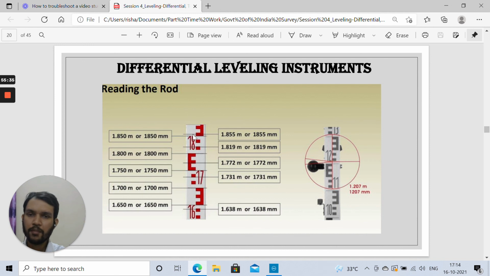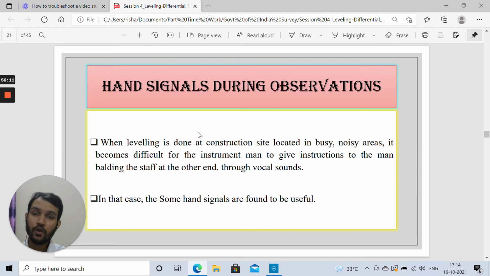Suppose we are talking about this reading. We know 1.8 was here, this is 1.81, 1.82, 1.83, 1.84, and the bottom of this upper E will be 1.85. So 1.85 is this, and the top of this red mark is 1.86, and the sight which we have made is exactly in between 1.85 and 1.86. So you can report that reading as 1.855 meter. This is how all the calculations are done and the reading is taken on the leveling staff. So this should be known to you, how we can read the readings on the leveling staff and how we can report these readings in actual.